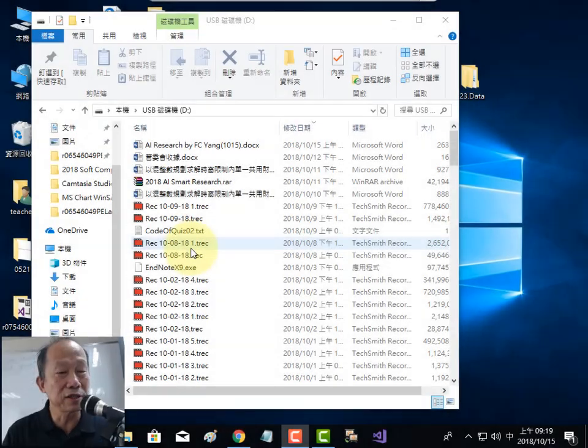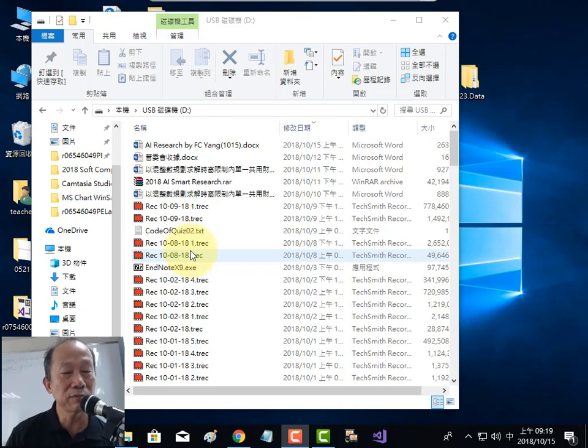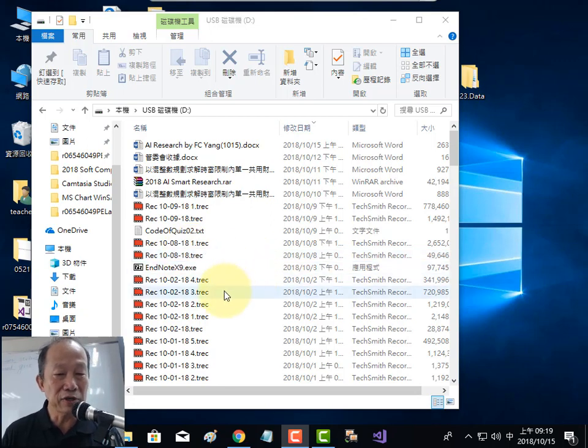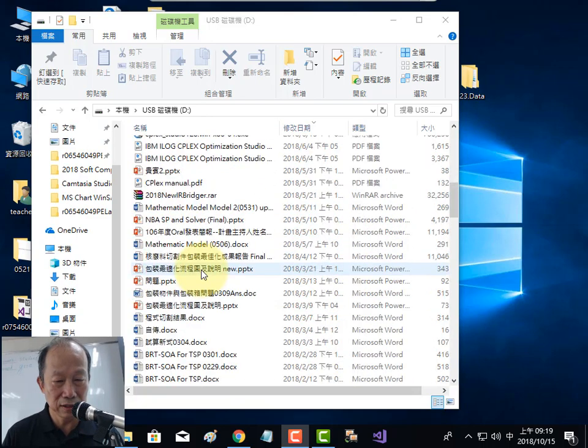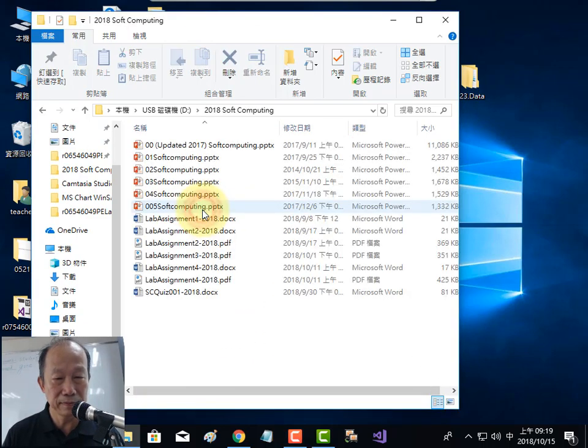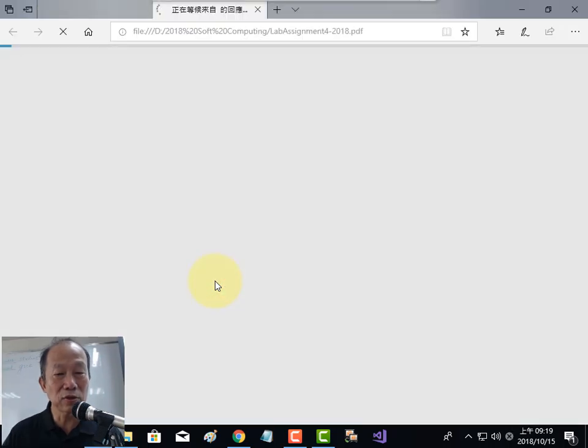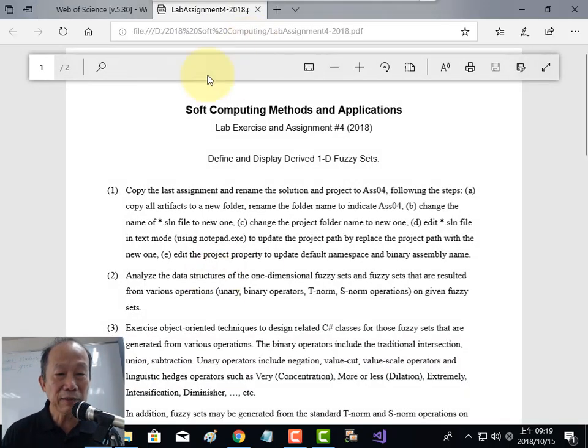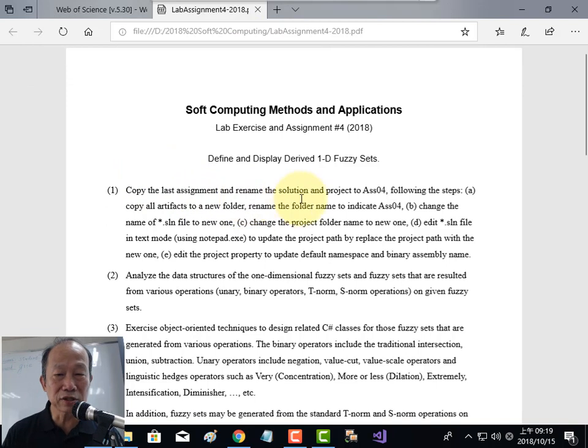Prepare your assignment 3 source code, because assignment 4 will be a duplicate. I mean, you will copy from your assignment 3. So make a copy in advance, so as not to override everything in your assignment 3. So make a copy of assignment 3 first. 清楚吗？就是说我们要从 assignment 3 copy 过来，所以copy the last assignments and rename the solution and